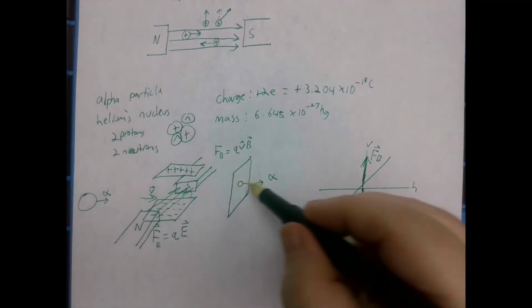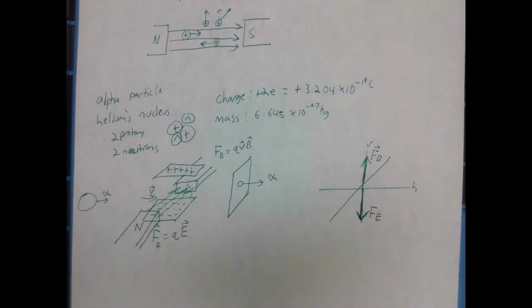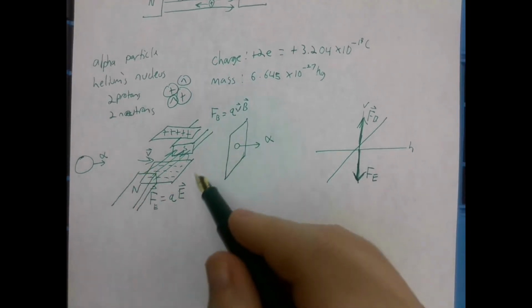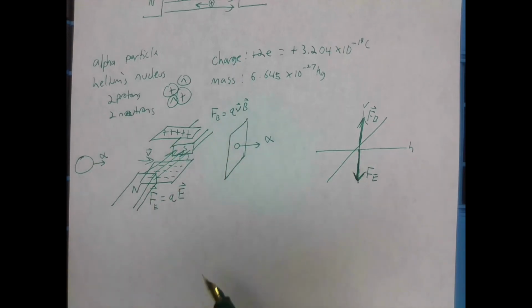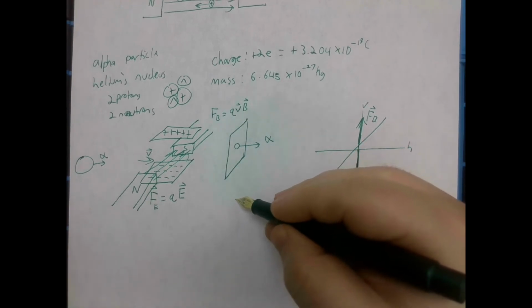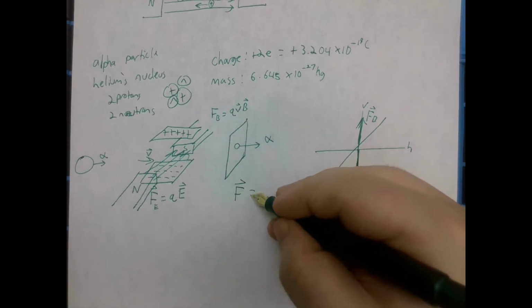In order for it to go straight, we need zero force, right? We need these two forces to cancel each other out. So only particles that have zero force will actually make it through. And if we make these extremely strong, then only exactly those that have the right velocity will make it through. So we want, and combining it together,